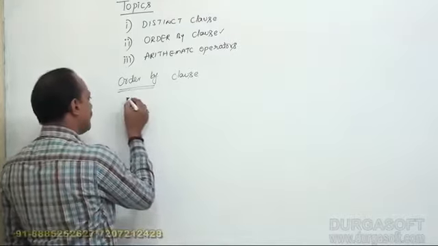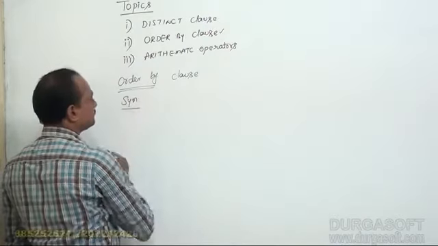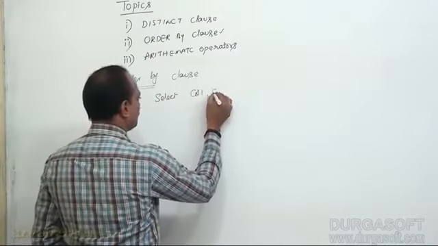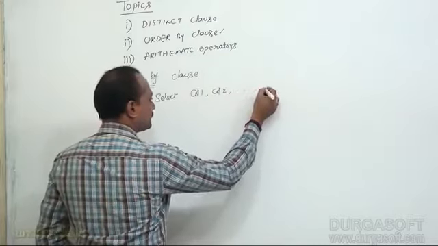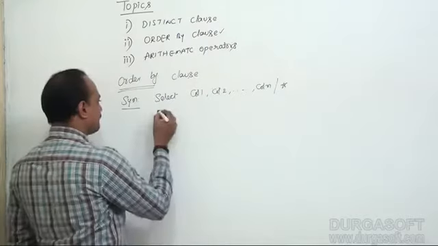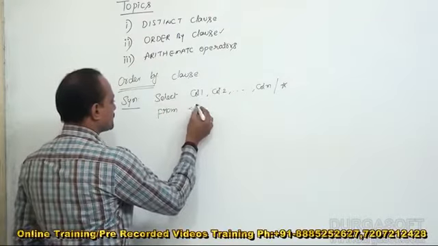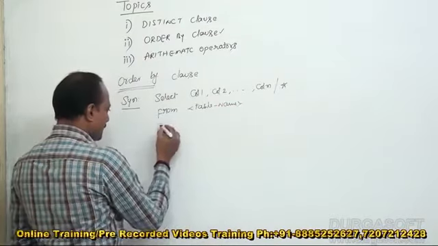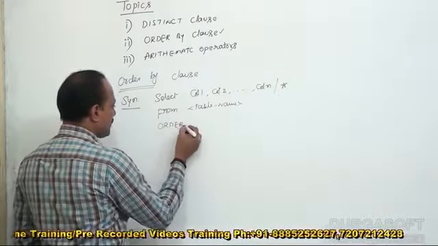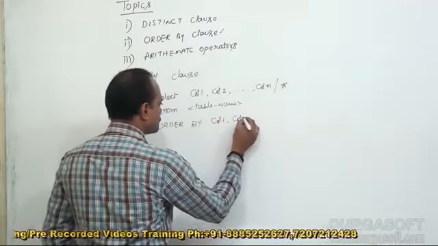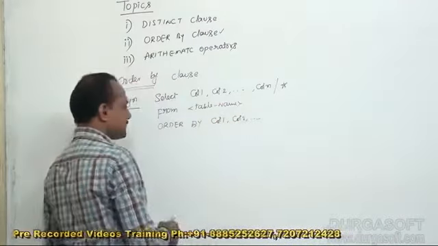What is the syntax of the order by clause? See, syntax: select, specify your data, column 1, column 2 and so on, column n. Instead of all columns you can also use star. From, specify the table name. Then order by, on whichever column basis you want to see the order, specify those column names, and either ascending